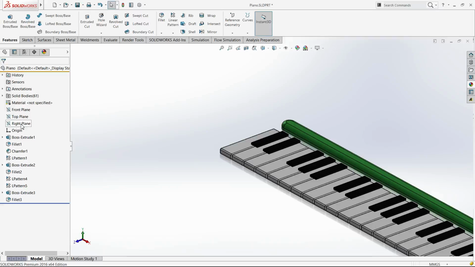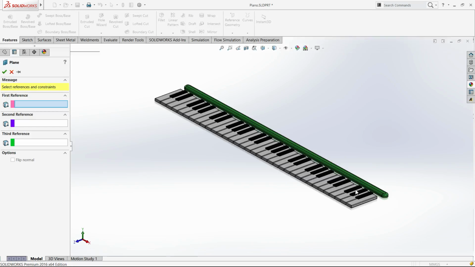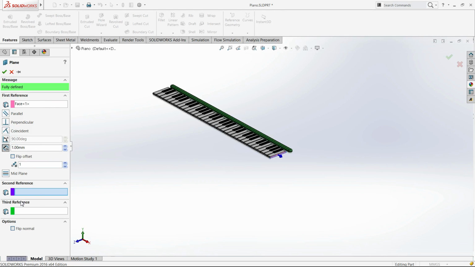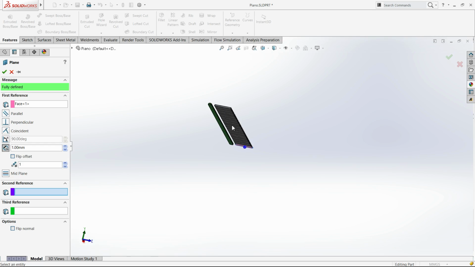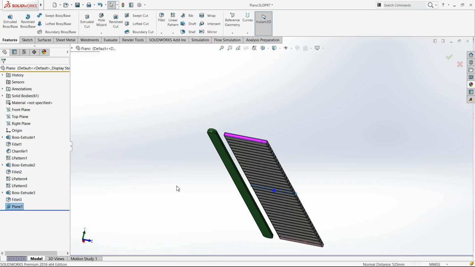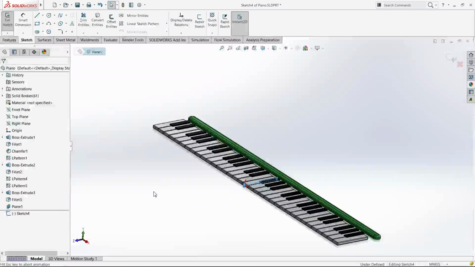and maybe right plane. Okay, I'm going to create a plane now using 2 references. So I'm going to create a plane using that first reference, and the second reference is going to be that face. And as you see, you can select the mid plane for both of them, and you get a mid plane, which is called in this case plane number 1. And the reason I did that was because I wanted to sketch there. Control A to go normal to,